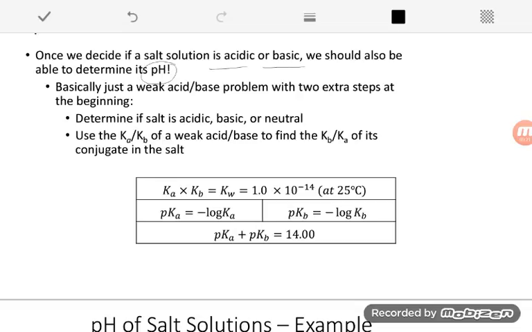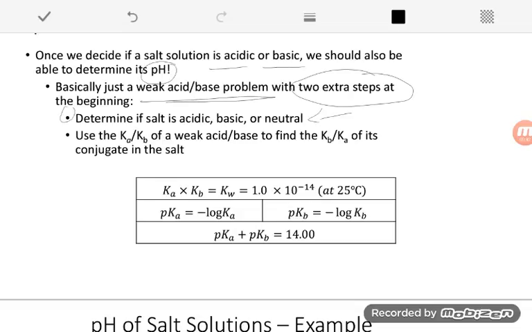The good news is we basically already know how to do this. It's really just a weak acid or base problem, and there's just going to be a couple extra steps involved. The first thing we need to do is what we just talked about, determine if that salt is acidic, basic, or neutral. And then we're going to need to find the Ka or Kb of the acidic or basic component